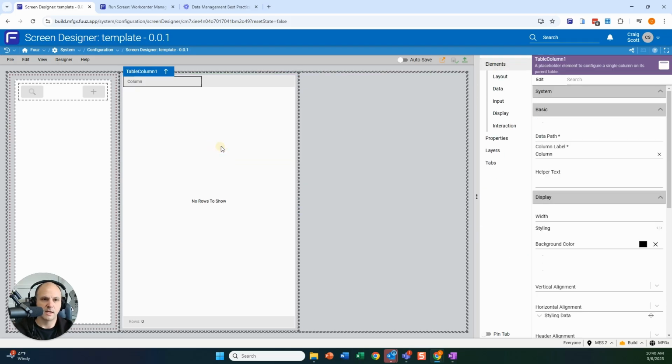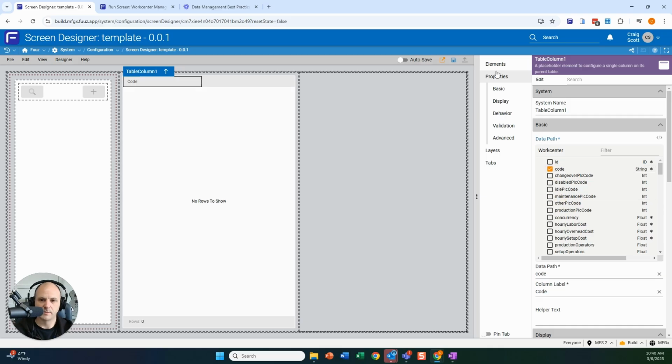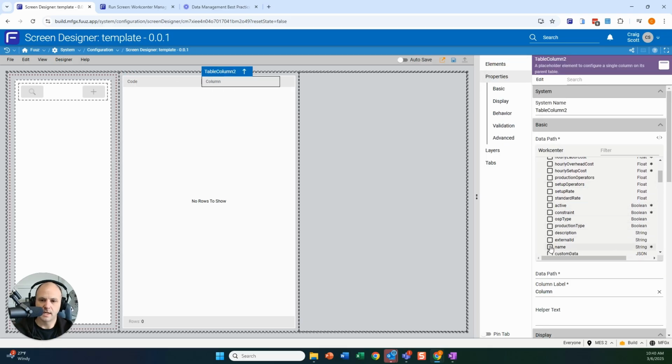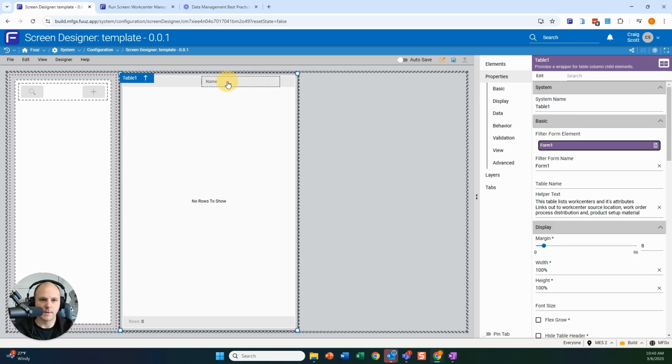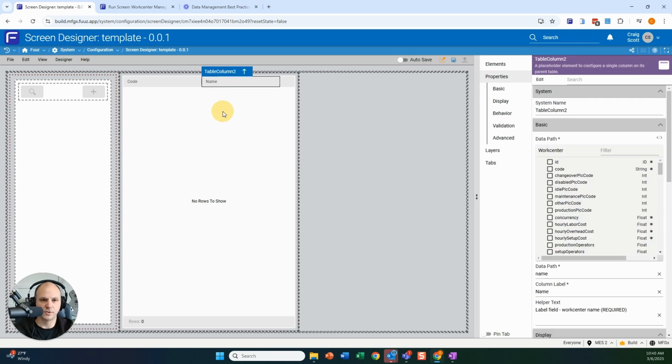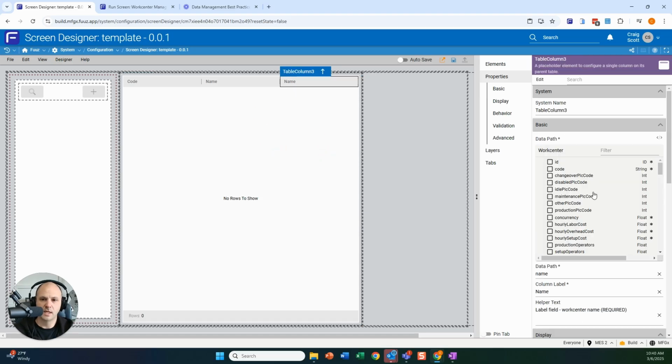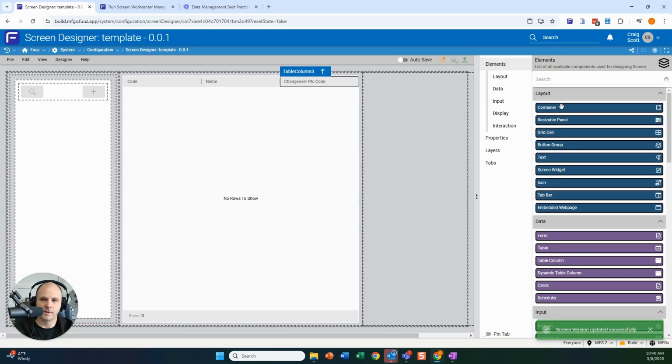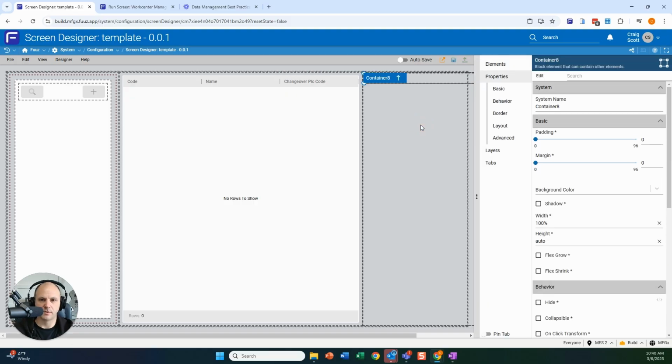I'm going to drop a column out here, and I want that to be the Work Center code, and then we'll make that the name. And instead of dropping them, I'm going to copy this now, Control C, and I'm going to Control V, and we'll make this whatever that guy is, right? And then over here, maybe I'm going to get pretty fancy. I'm going to drop another